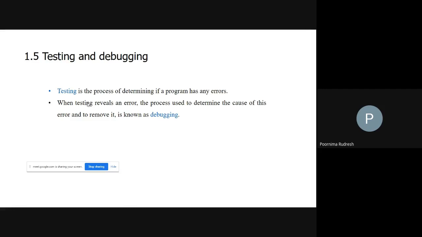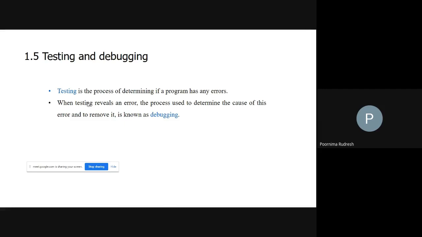Next, what is debugging? As we know, when we are performing testing, we are identifying the errors. Then the process used to determine the causes of those errors and removing those errors is called the debugging process. Understood?